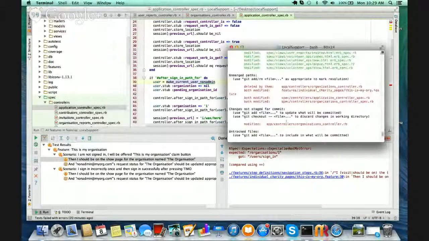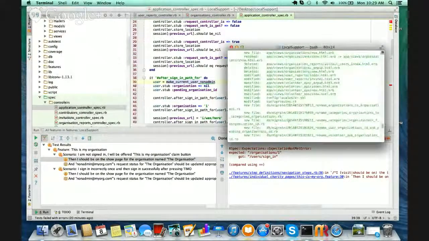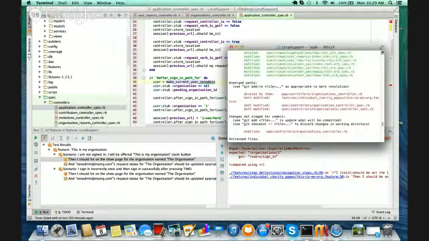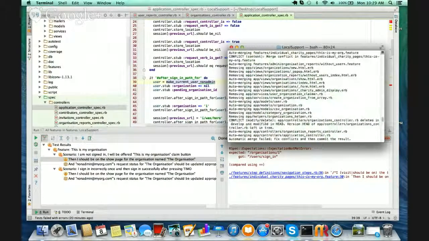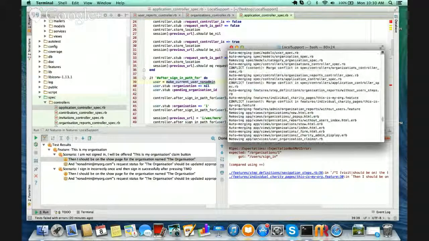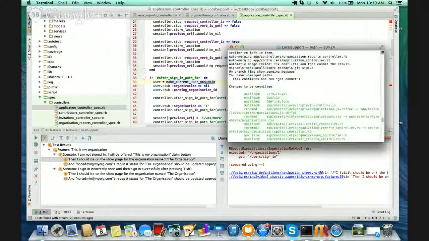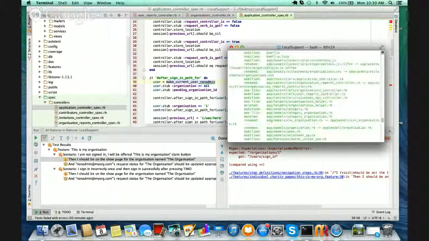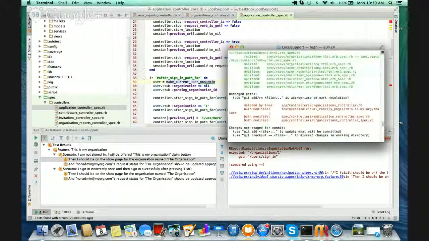So how many of these changes are there? Let's see. Trying to find where the first one is, deleted by them. Unmerged paths, right? Okay, there's a bunch of conflicts. What did I do? I ran git status with unmerged paths. All right, so this is the first. Organizations controller was deleted, and I think I did that, right?